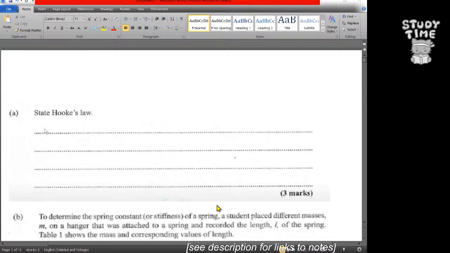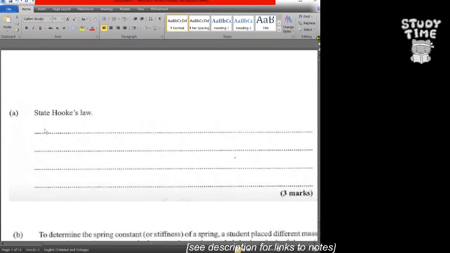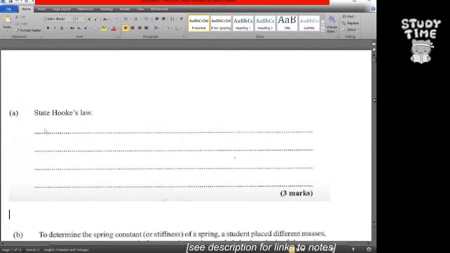Alright, so the first thing here is state Hooke's law. There's 3 marks, right? But what you want to state, I mean we went through this. What you want to state is this. Hooke's law states that, the directly proportional law, that the extension, not the length, the extension